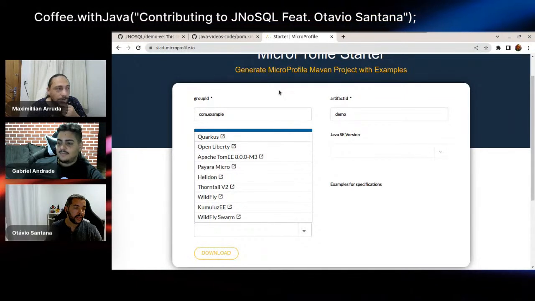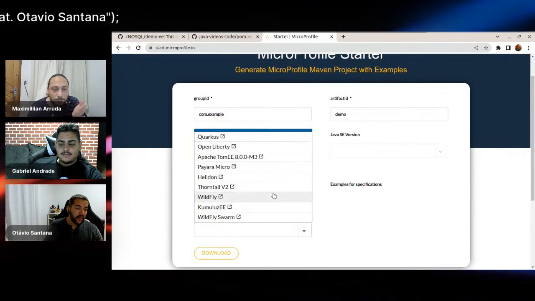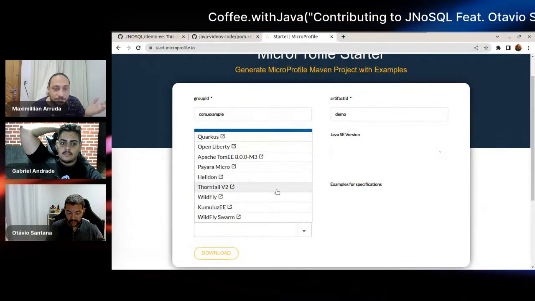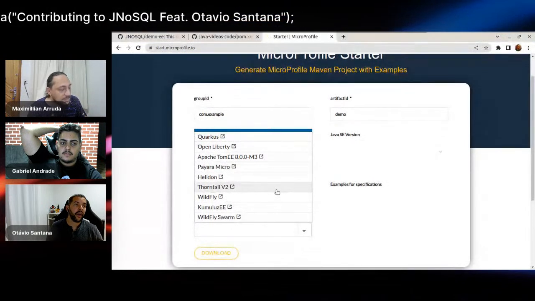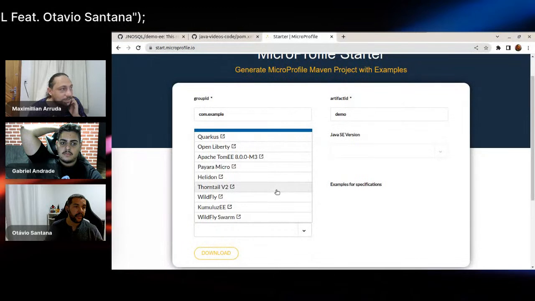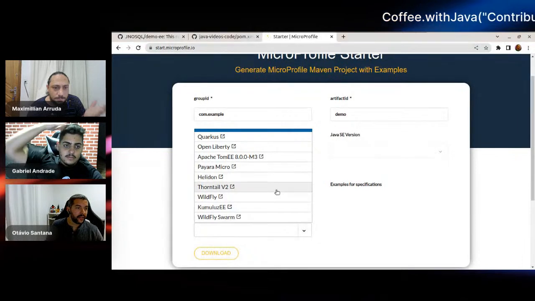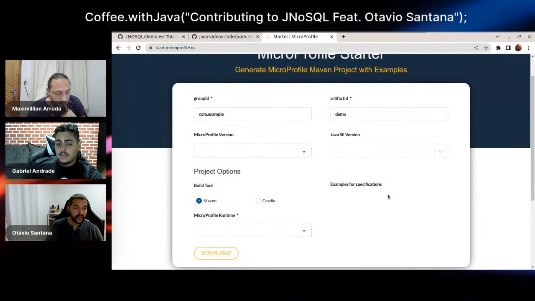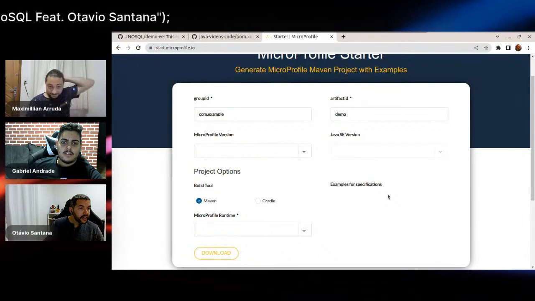Maybe it's easier for the beginners, because we don't need to work on IntelliJ. My IntelliJ version is the Community Edition, so let's use that. Maybe it's similar, am I right? Yes, it maybe works the same. Indeed, it's better, because IntelliJ Community doesn't have filters. It's a MicroProfile, okay. I think that's better.